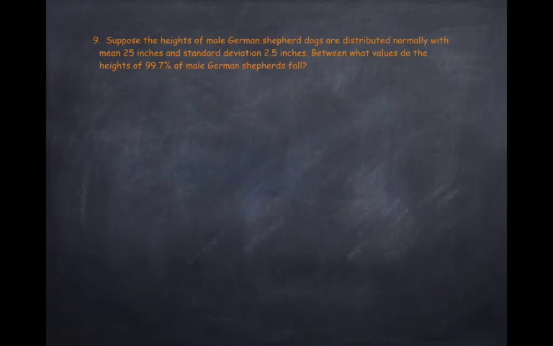Number 9. Let's suppose that the heights for male German Shepherd dogs have a normal distribution with a mean of 25 inches and a standard deviation of 2.5 inches. Between what values do the heights of 99.7% of male German Shepherds fall? And so this is going back to the 68, 95, 99.7% rule. And so what you're trying to look for, if you draw yourself the normal curve,